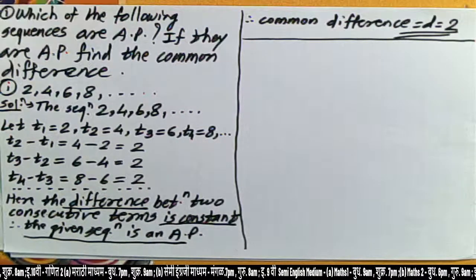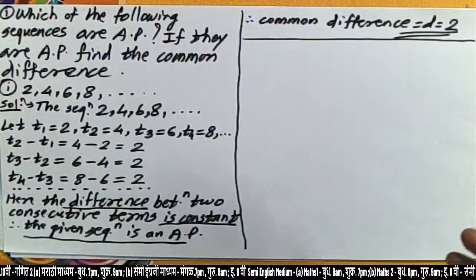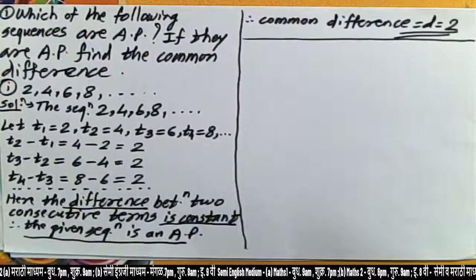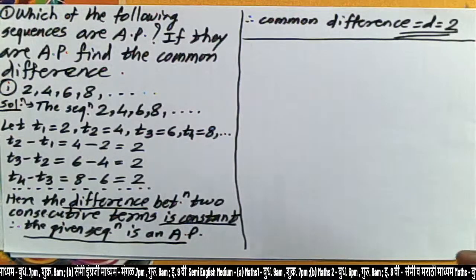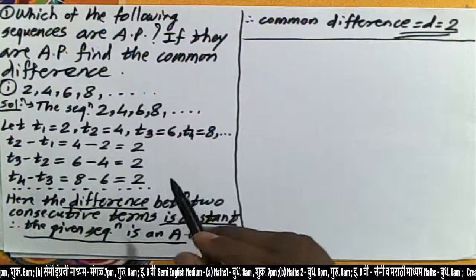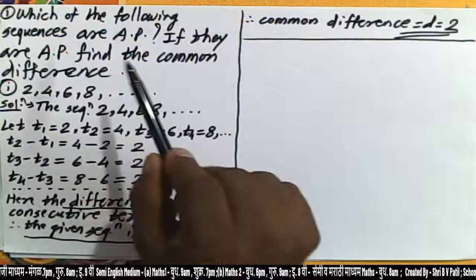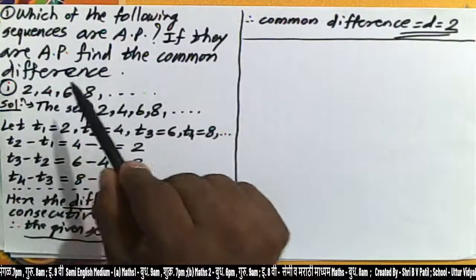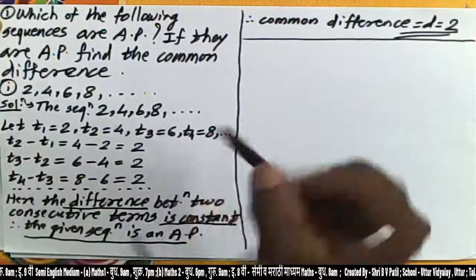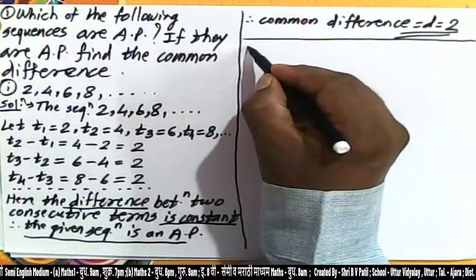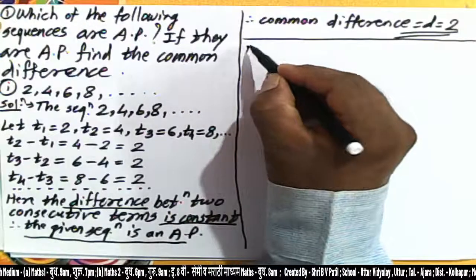Today, we discuss about examples on arithmetic progression. Let us start. We solve one example. Which of the following sequence are AP? If they are AP, find the common difference. First example we solve here. Then next example,